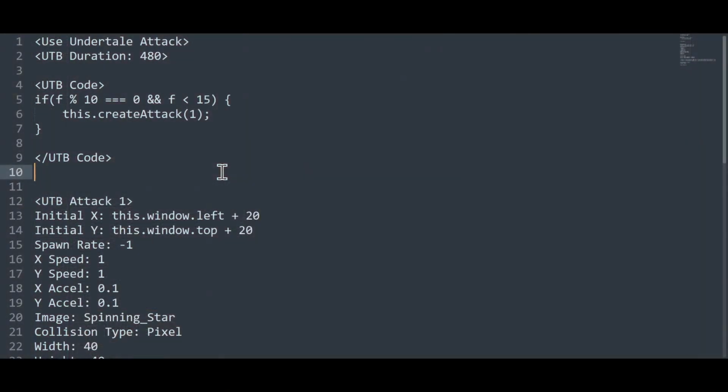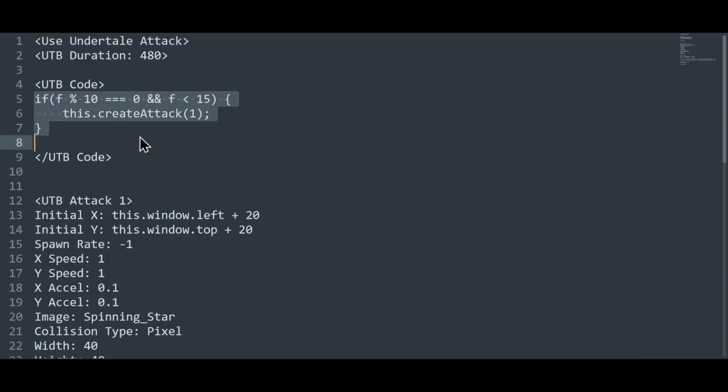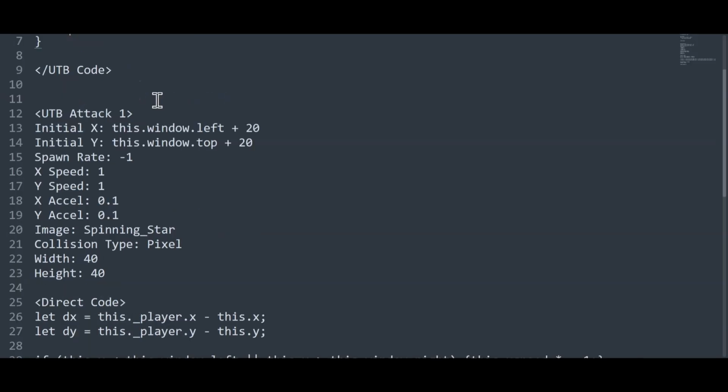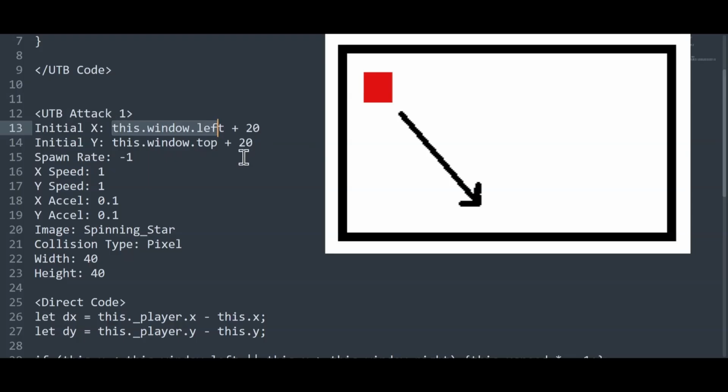And finally, let's have a look at our third attack. This is a fun one, you're going to like this. So we can see here the duration is 480 frames, so about 8 seconds. And this UTB code will only be activated once. And what exactly is this attack? So we can see here the initial X is on the top left of the window, plus a little bit more, spawn rate -1. But we can also see that the X speed and the Y speed are set to